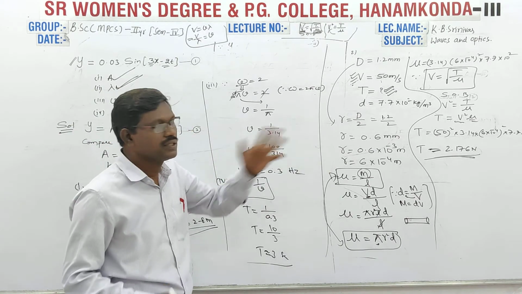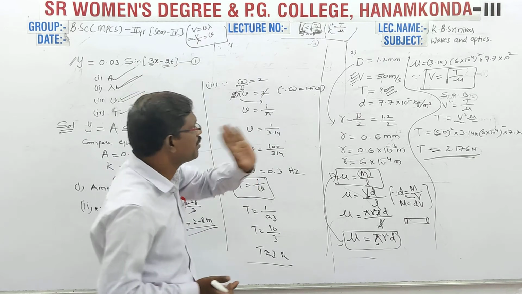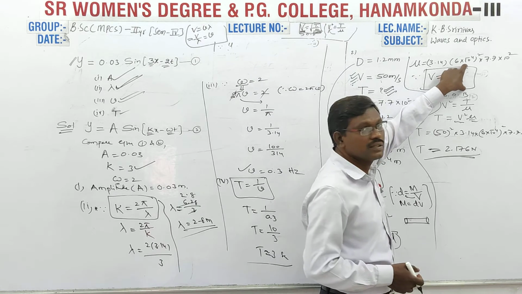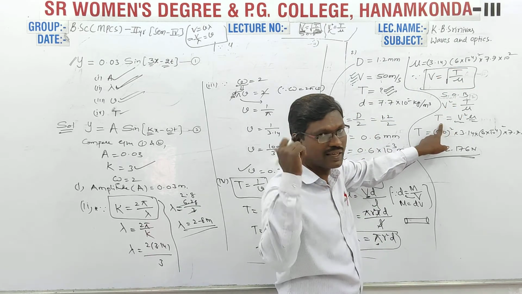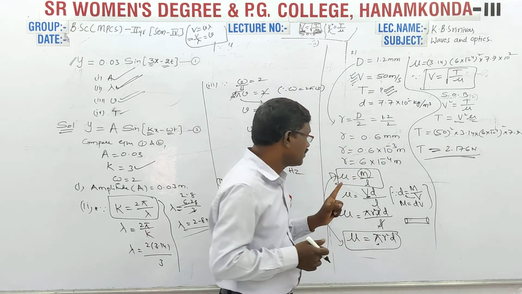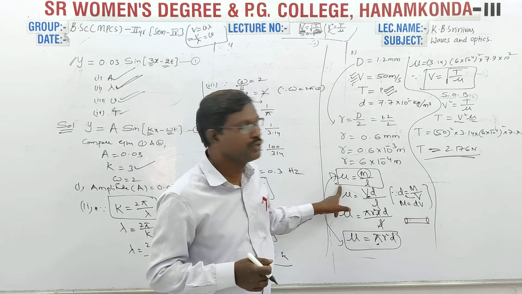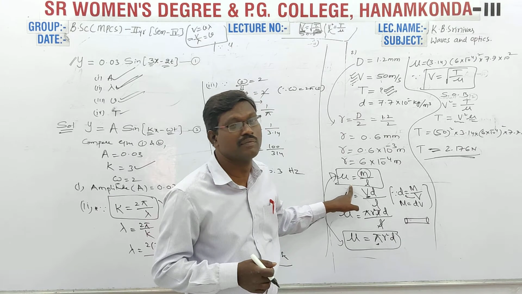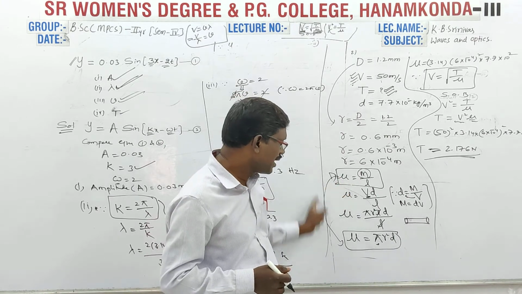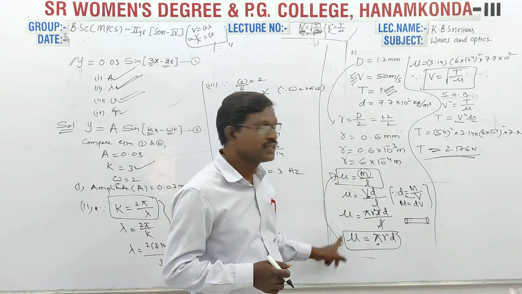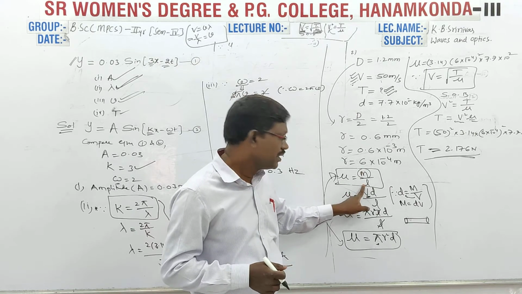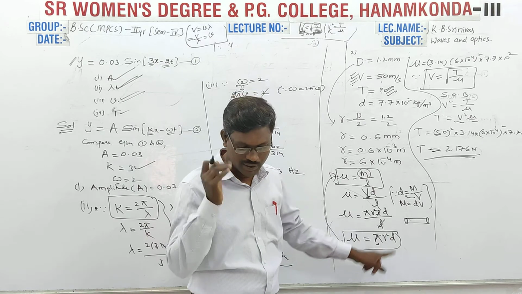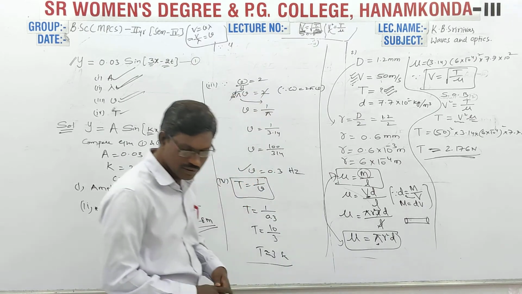So this is about the problem. If you remember the expression for velocity of transverse wave, you can calculate the tension of the wire. Before that, we have to know what is mu. Mu means mass per unit length. Mu is known as what? Linear mass density. For mu, we are having two expressions, in terms of mass and length, and in terms of radius and density. Clear? Right. So this is about one problem.